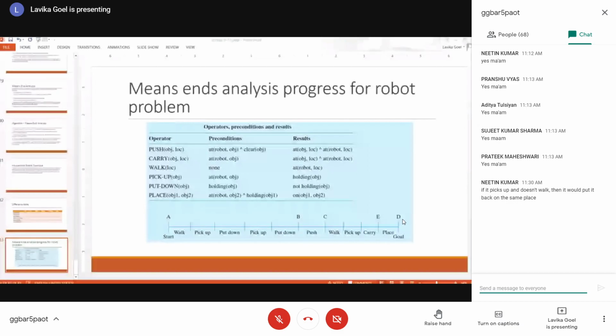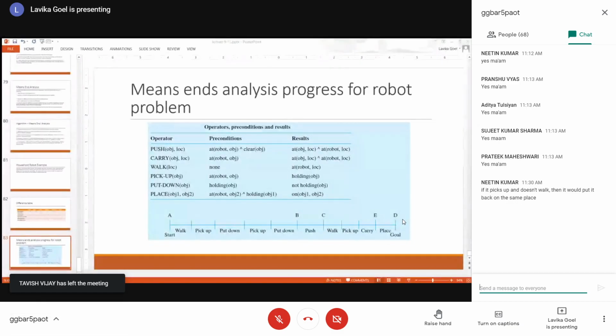Right? You can carry a number of things. It doesn't matter. Fine. But when you were initially making the plan, at that time you were using 2 pickup operations to pick up both the things from different places on the table and you were placing them on the ground. So one thing was there when you were using the pickup operation over here, that you were using 2 pickup operators, right? So the logic was that basically when the robot picks up one thing, then the robot arm is not empty. It is now holding that object, right?